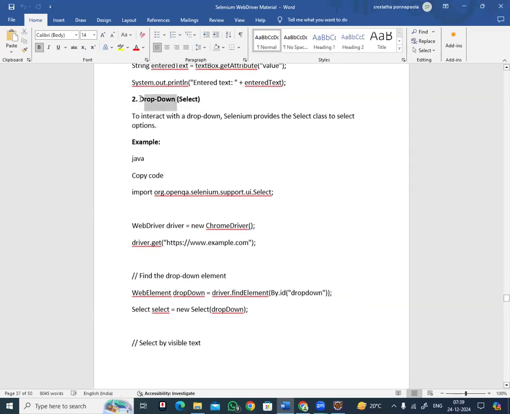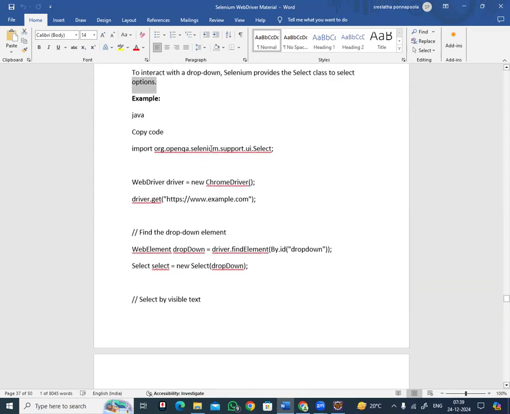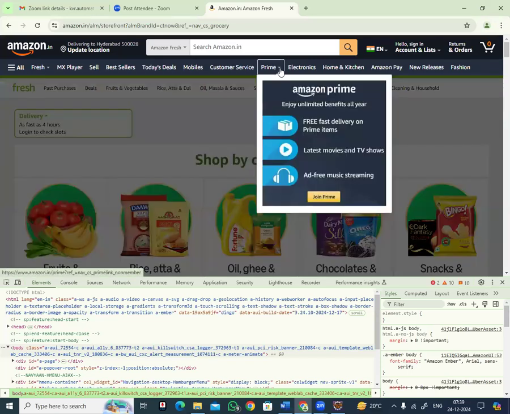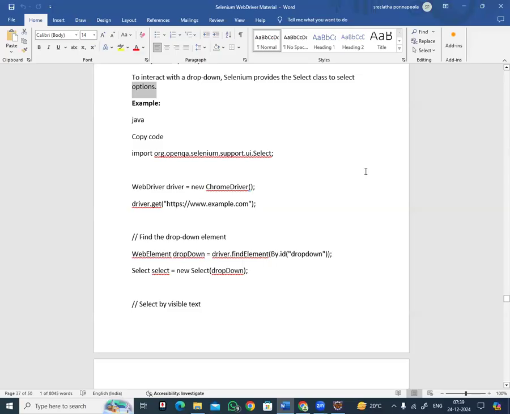So for any drop-down on a web application, to perform actions on any drop-down web element, we will use the Select class. To interact with a drop-down, Selenium provides the Select class to select the options. For example, as I have shown here, what action do we need to do? We need to select this option or this option or this option, any required option. One, two, three options are there. So in that case, I need to use the Select class. But in Selenium WebDriver,